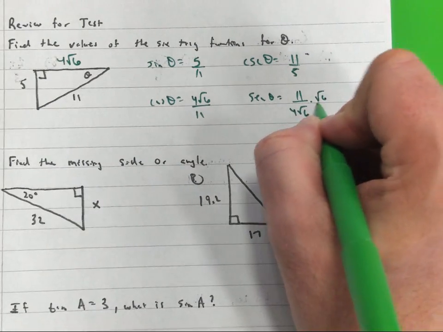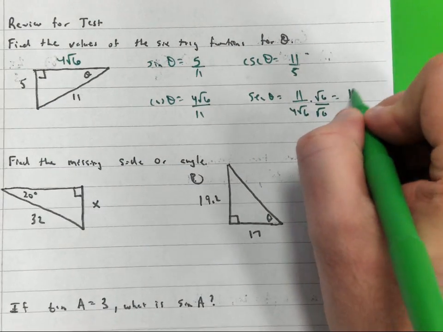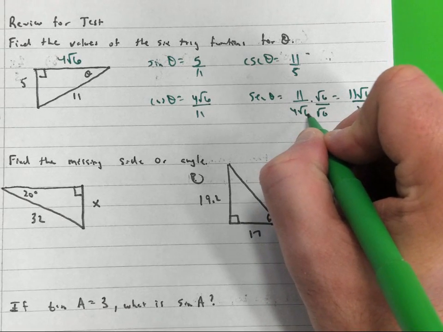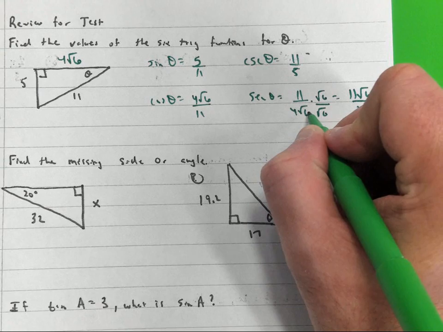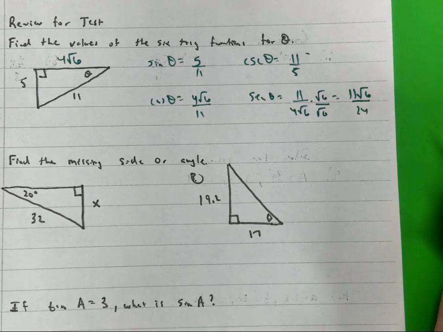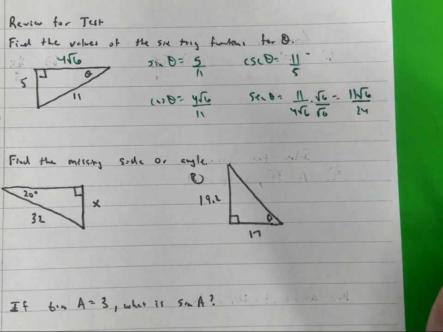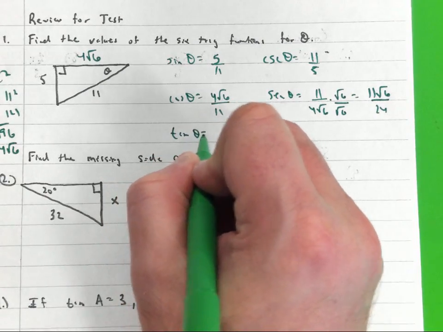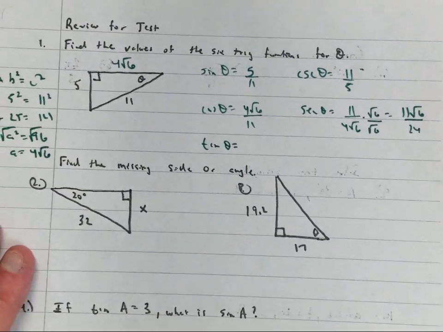No, I count that off tomorrow if you do that. Rationalize 11 square root of 6. 6 times 6 is going to give me square root of 36, isn't it? What's square root of 36? 6 times 4 is 24. Can I reduce 11 and 24? No. This is your last 60% grade for this 9 weeks.